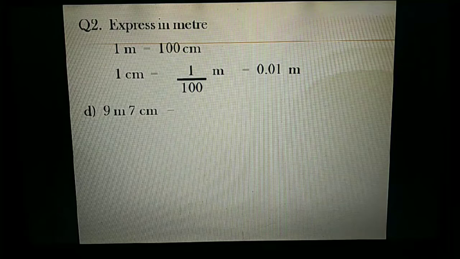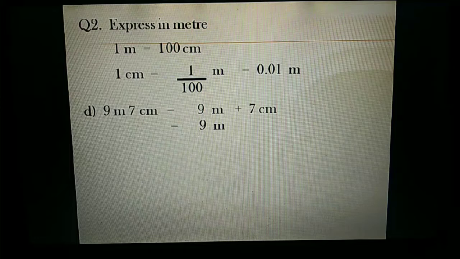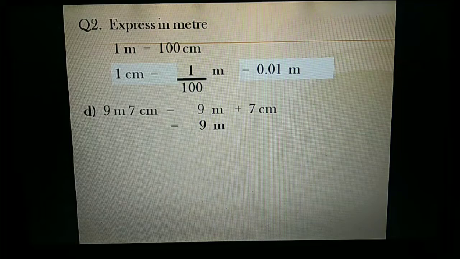Again, it's 9 meter 7 centimeter, which you can write as 9 meter plus 7 centimeter. The first value is already in meter. To convert the second one, we will put a point after 2 digits from the right. But there is only 1 digit. To make it 2, we will put 0 to the left of the given number. And as per the formula, the conversion will be